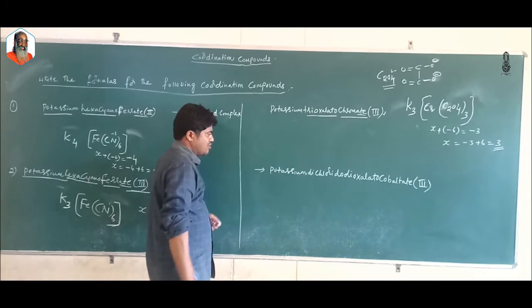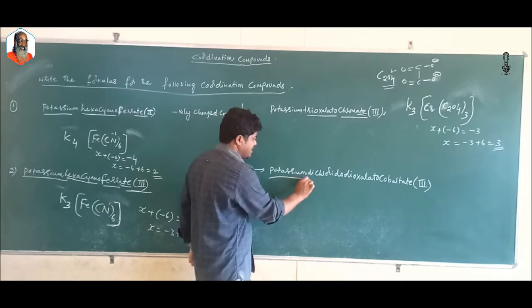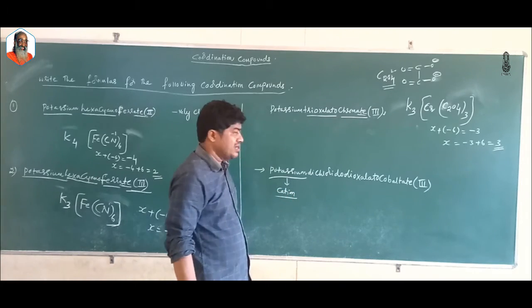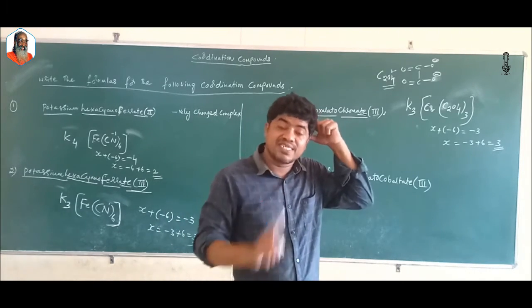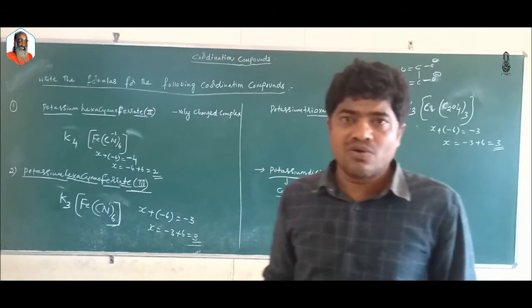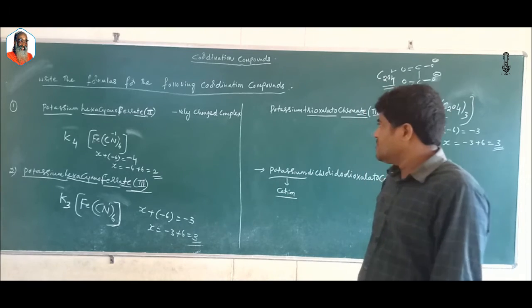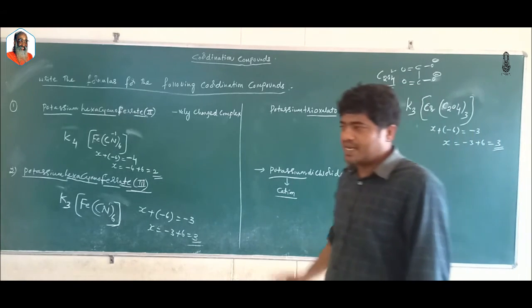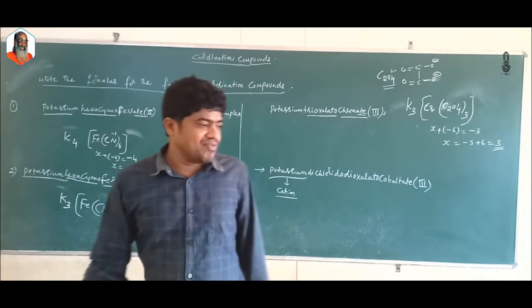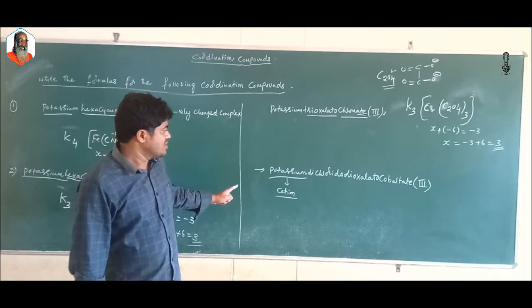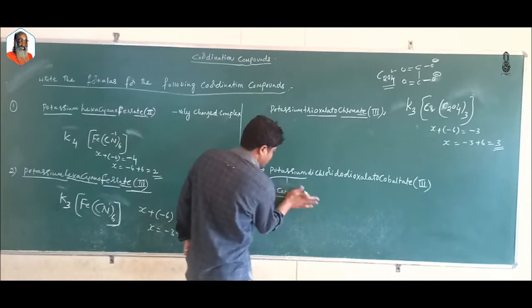See, name this compound, potassium. This is a cation. Always the cation is named first. That is written outside the coordination sphere. If there is an anion, that is named at the end of the name of a compound. Please see here: potassium dichlorido